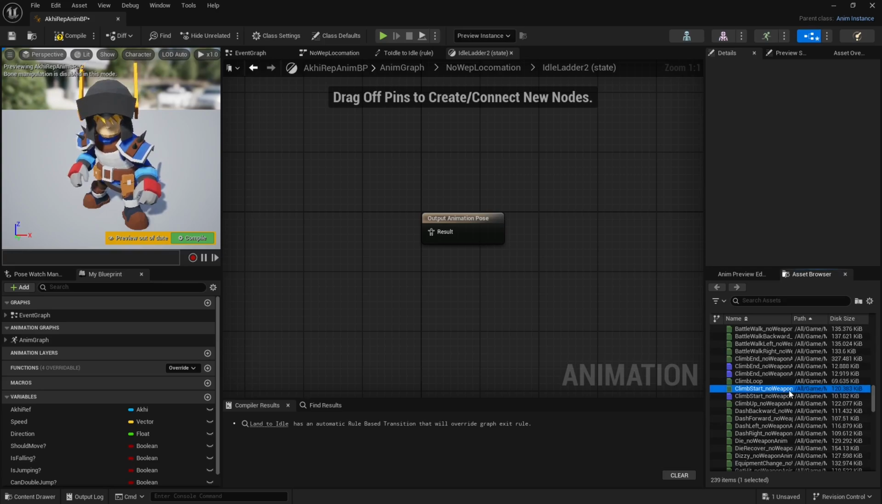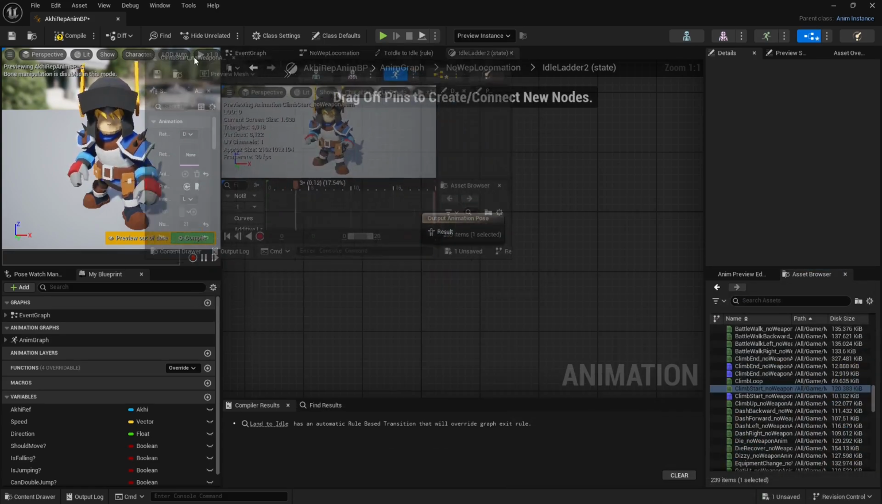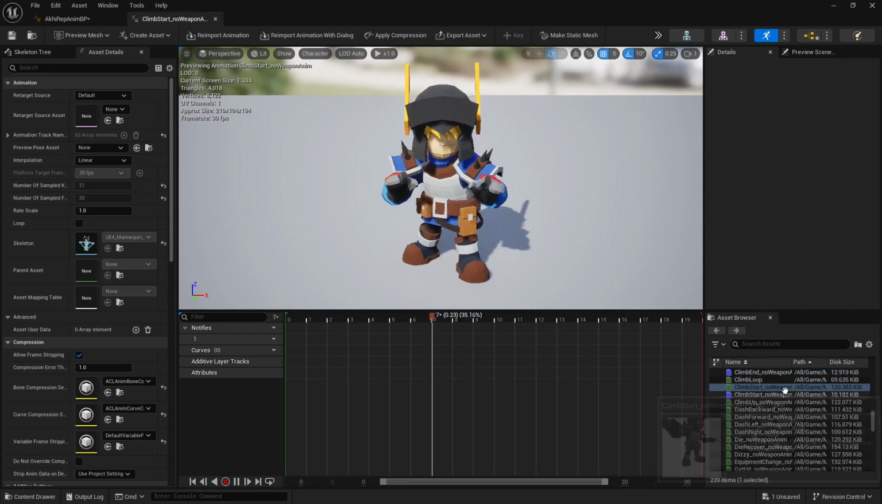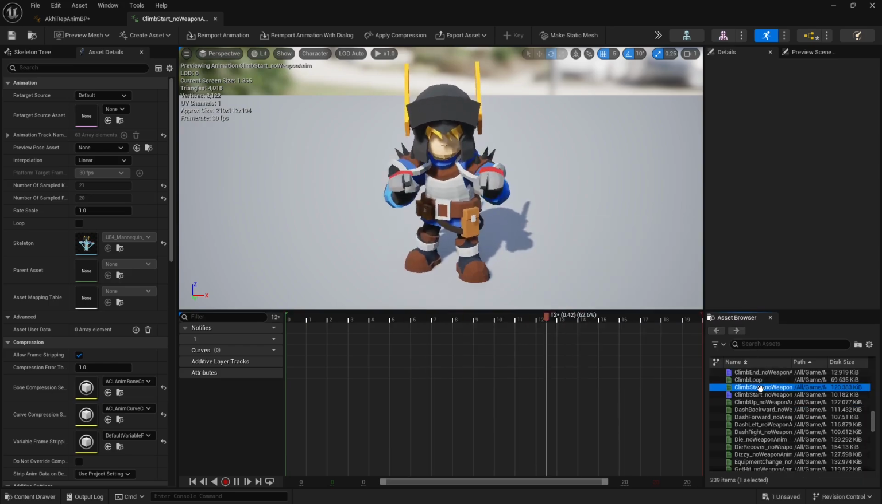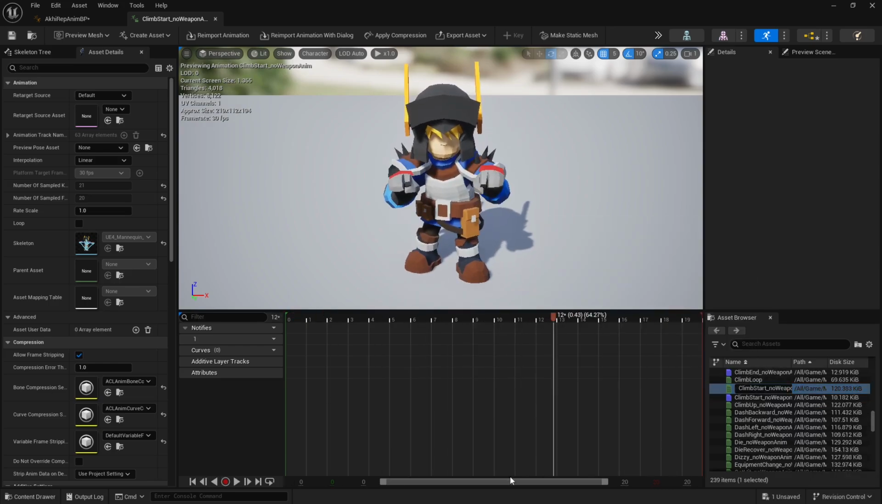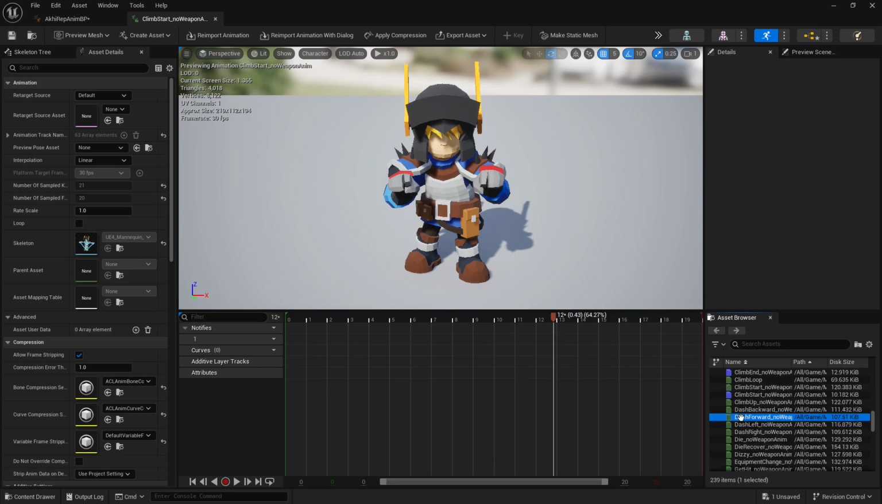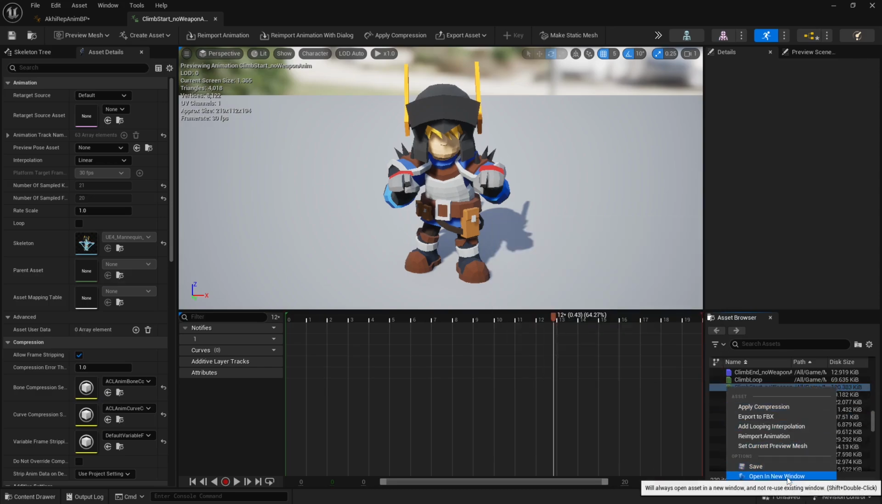Oops, I just closed it out by mistake. Open it back up. So we're going to duplicate this. If I can get it to pause. Pause, right click. Then